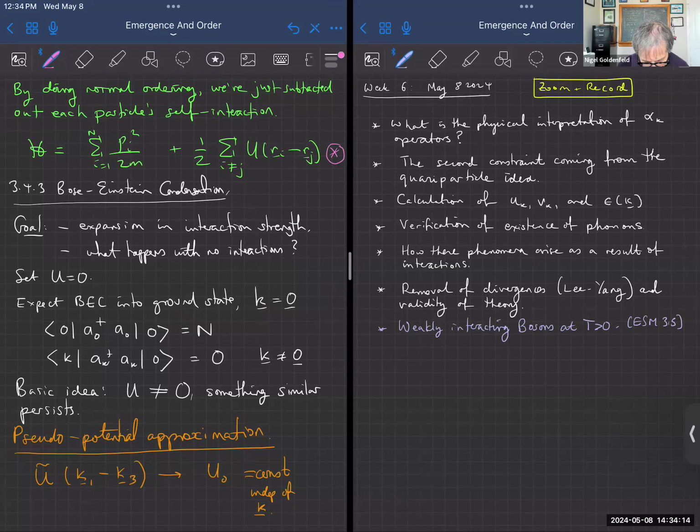Then what we did was we wrote down the Bose-Einstein condensation. So we just said if I have non-interacting bosons, they're all going to be in the